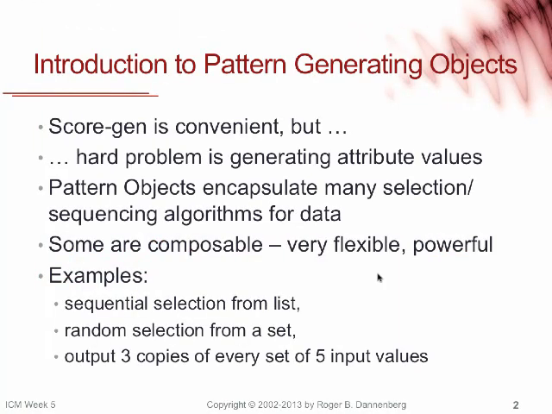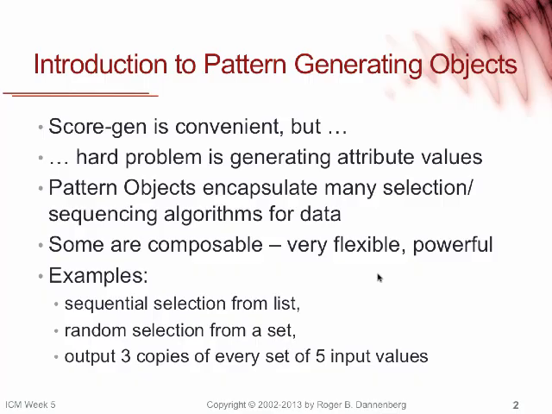So score-gen is a very convenient, sort of powerful loop mechanism for generating notes in a score, but you have to write expressions for each parameter that you want in the score, not only the start times or inter-onset intervals and durations, but also parameters like pitch and modulation depth and whatever parameters you want to pass to the sound